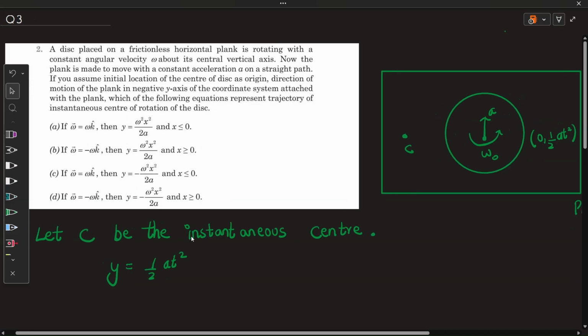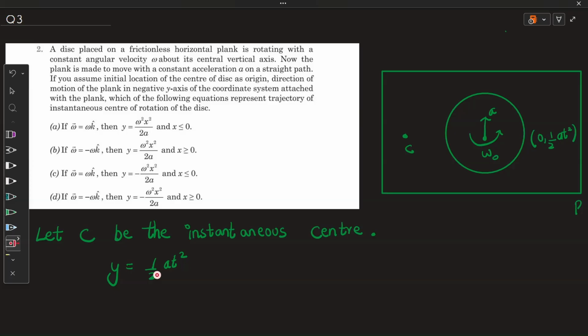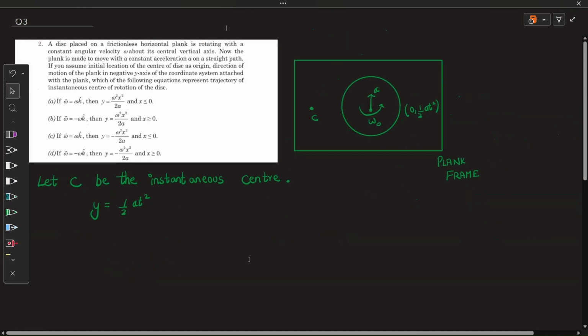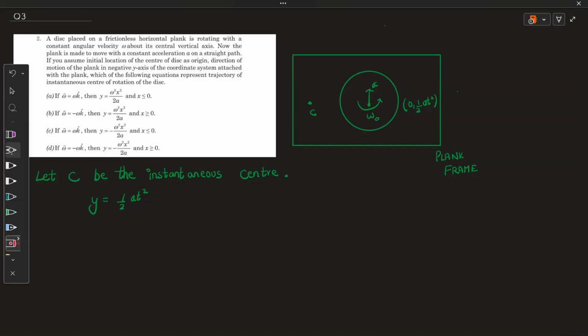Now, let's assume that C is the instantaneous center. I'm stating that the instantaneous center C has y coordinate as half at square. Why? The question arises, why? Okay, let me do it. If,